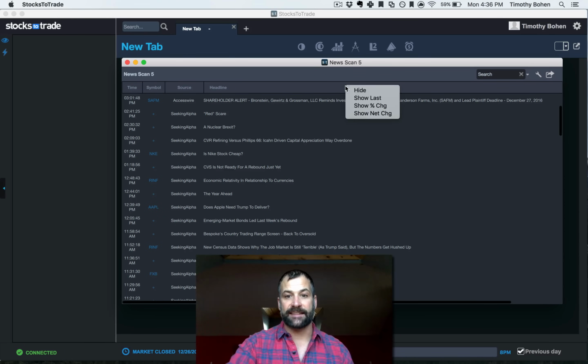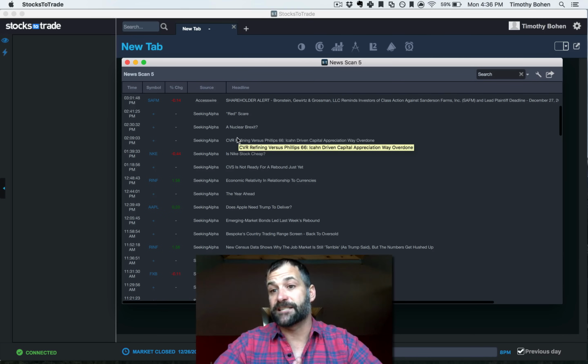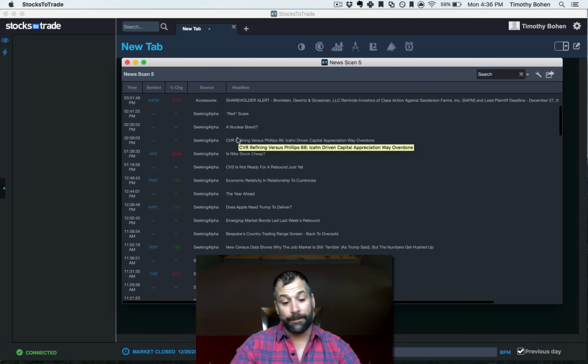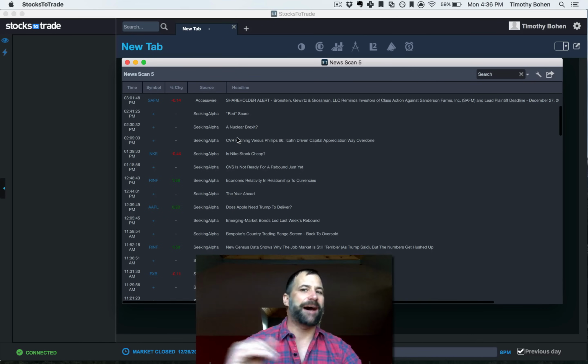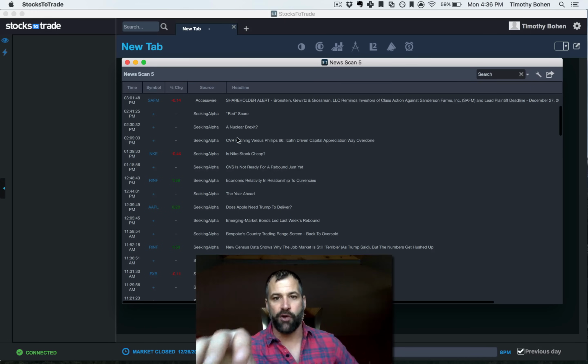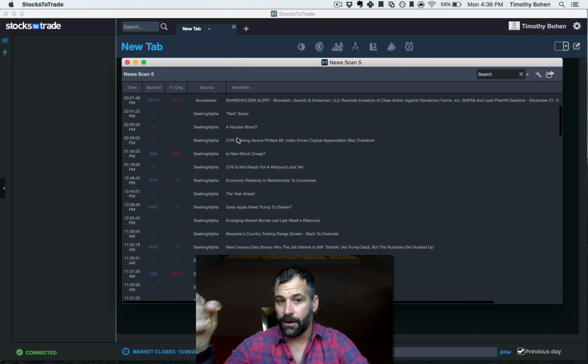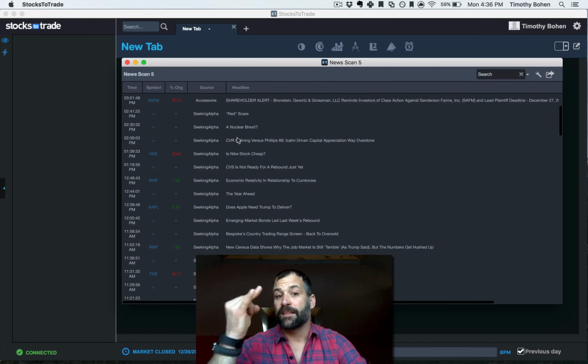And then the nice thing is I can then add and show a percentage gain, and I love this. I use this especially in pre-market. I mean, I get up early, but if you're here pre-market and you're looking for stocks that are active, because normally if a press release comes out, a positive article, those quite frequently come out in pre-market, 7 a.m., 8 a.m., 8:30, 9 a.m. I always have this news streamer running with those filters, because if there is a $2 stock with news and it's low float,